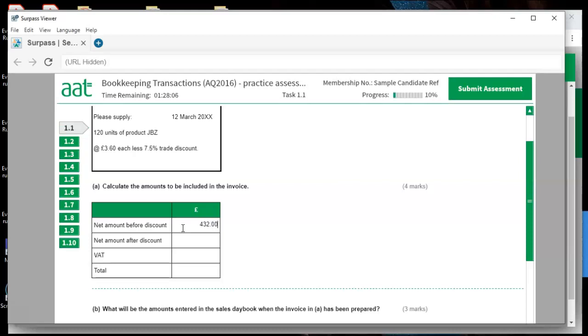Okay, if you want, you can include .00 also. Then 7.5% is trade discount, and they want to calculate net after the discount. Calculate the discount and subtract it. So discount I got 432 multiplied by 7.5 divided by 100, 32.40. 432 minus 32.40, net after the discount is